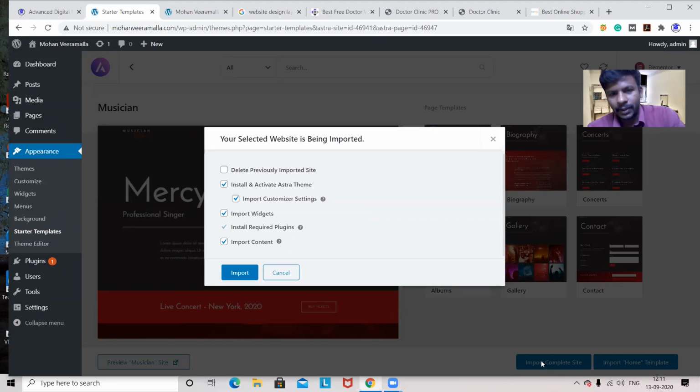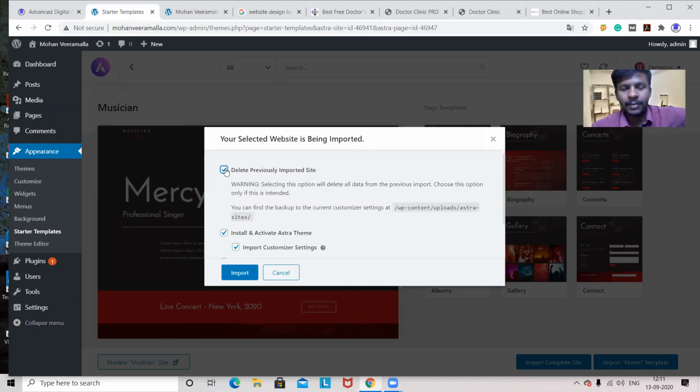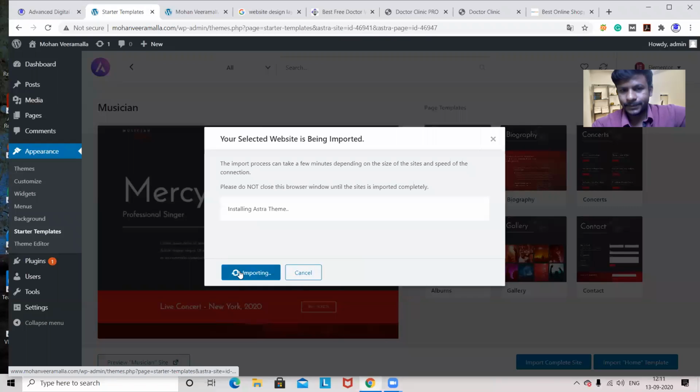See here, when I want to install this, it is giving me a dialog box asking if I want to delete any previously imported site, the basic theme we have when we install WordPress. No, I don't want that. What I said, everything which you are installing will be included in that 30 GB space. I have the Bytestarter plan. That starter is having 30 GB. Now everything will be included in the 30 GB only. So I don't want that old default theme. So remove that. I'm asking from here and just import.